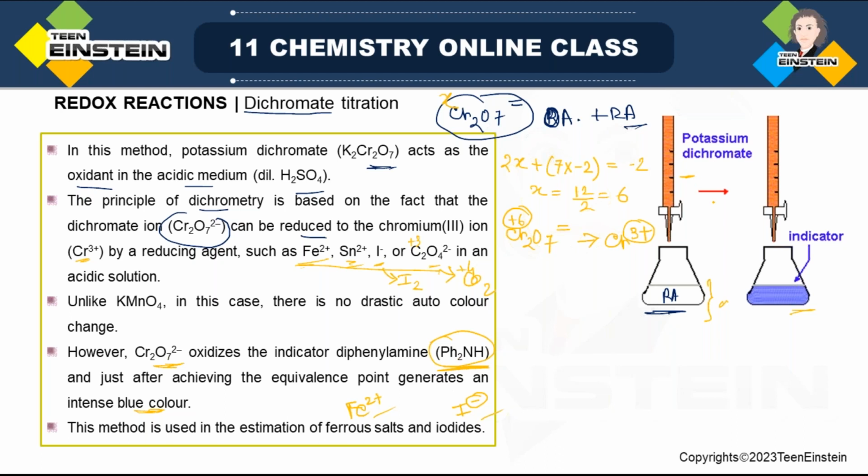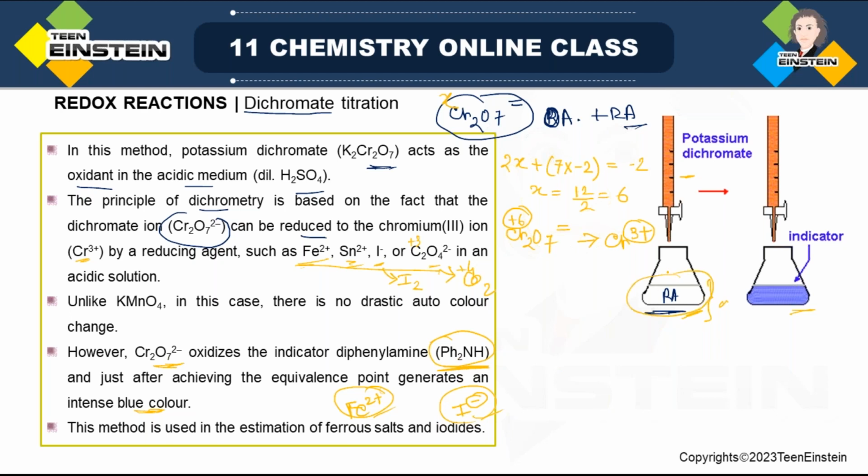Then the analyte, you do not know the concentration, you only know the volume. But as you know the mole ratio of any reducing agent that you are using, it may be Fe2+, it may be I minus,